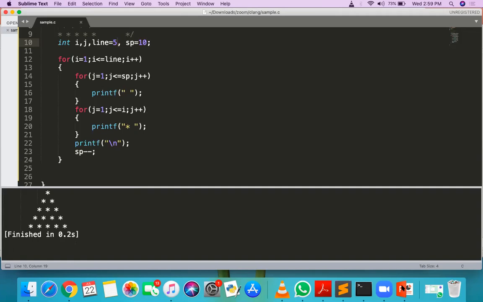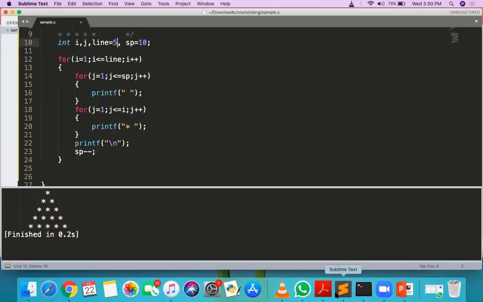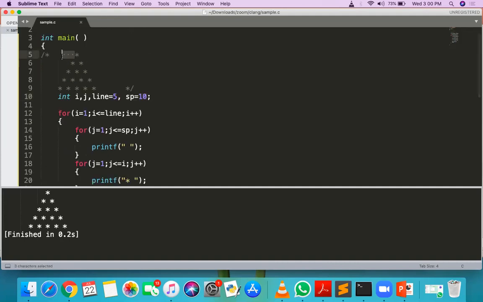So now next one is I want to print here 1, 2, 3, 4, 5, 6, 7, 8. Sir, is it like something like how many lines we want, and according to that the space will be given? Yeah, we can have that formula also here. Okay. For 5 lines, how many spaces do we need first? 4 spaces.